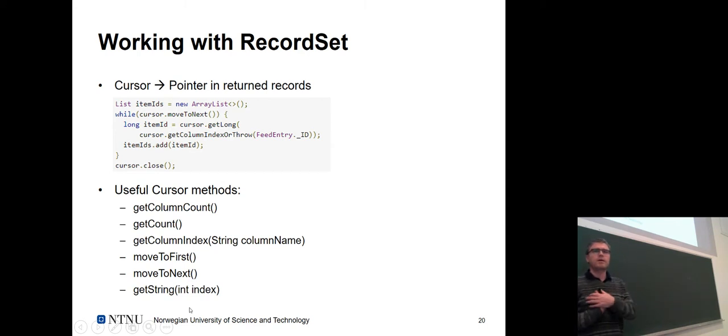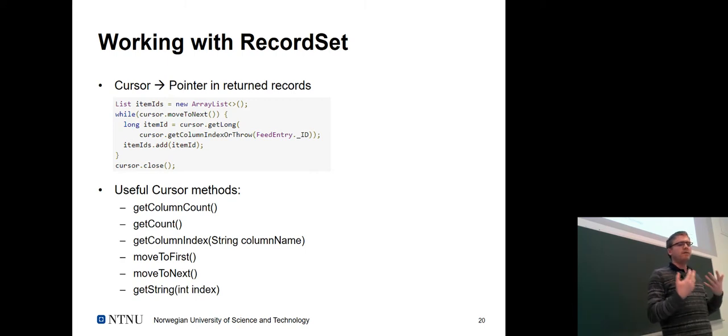The cursor is a kind of pointer to the record set, all the results you're actually getting, and then you can iterate through those and consume them. Noteworthy here is that by default the cursor points to -1, so you will need to move the cursor in the record set by 1 before you can consume data. That's done here, while we can move to the next entry in the record set,